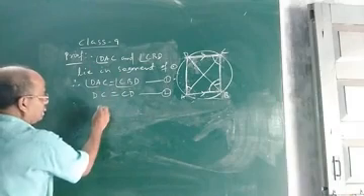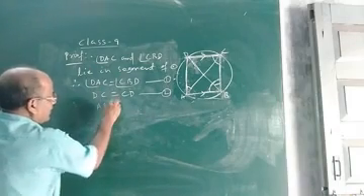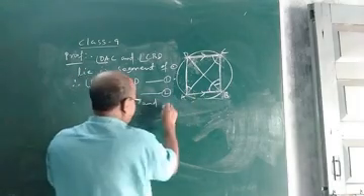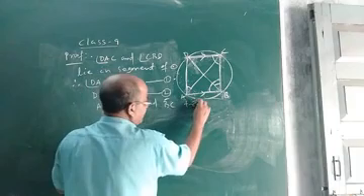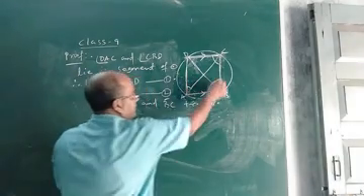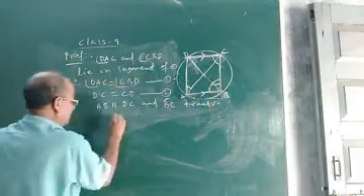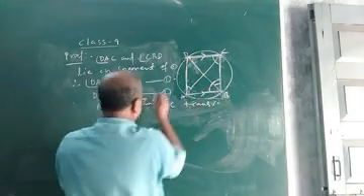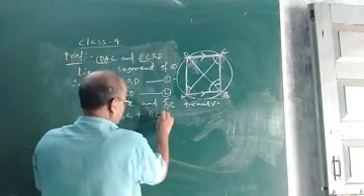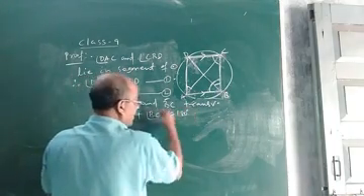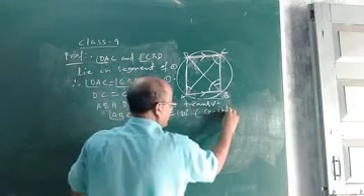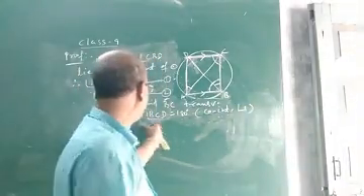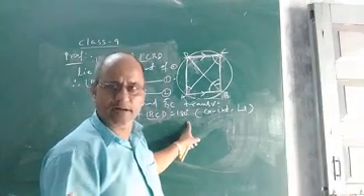So that we can write down. What will be my next step? AB is parallel to DC and BC is the transversal. Then angle ABC plus angle BCD will be 180 degrees. The reason is that co-interior angles, or angles lying on the same side of a transversal, are supplementary. So their sum will be 180 degrees.